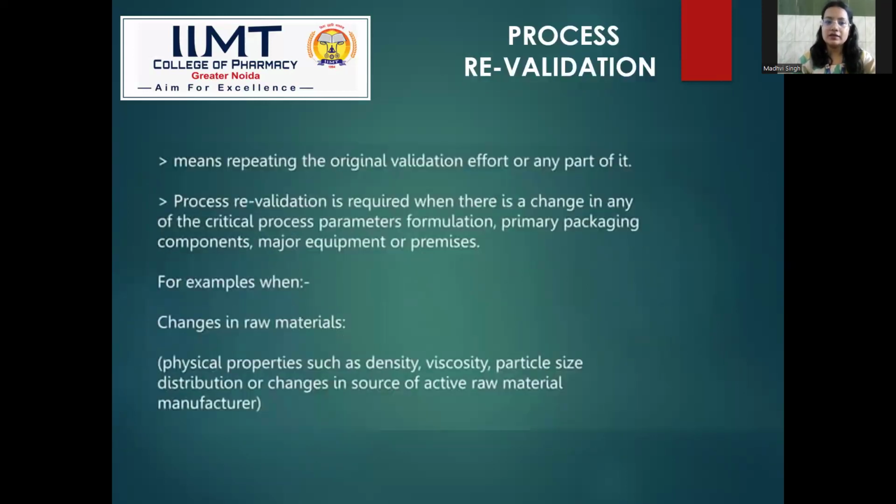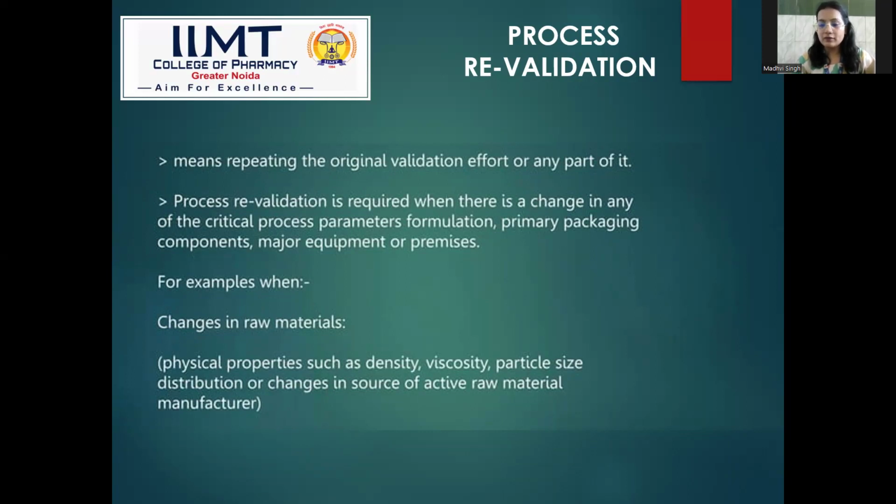Next is process revalidation. Revalidation means repeating. So process revalidation is required when there is a change in any critical process parameters, formulations, equipments, packaging material, raw material, packaging components, and the formulation. For example, change in raw material. Change in raw material involves physical properties such as density, viscosity, particle size distribution, or change in source of active